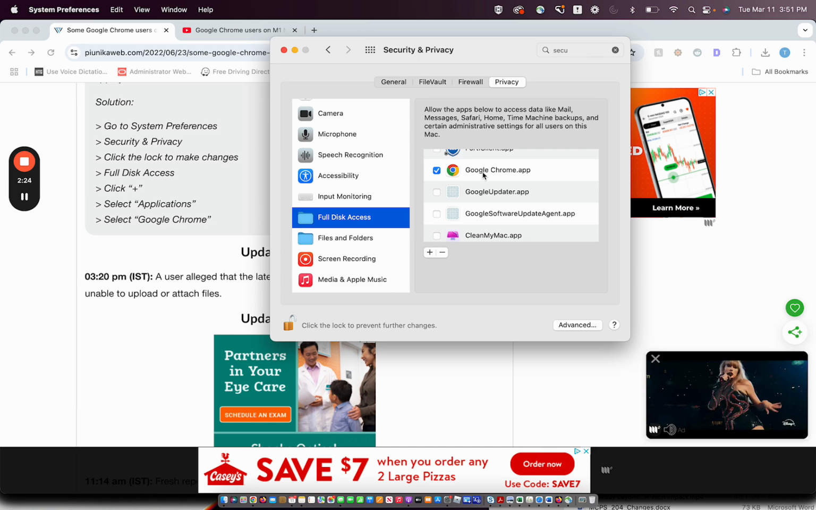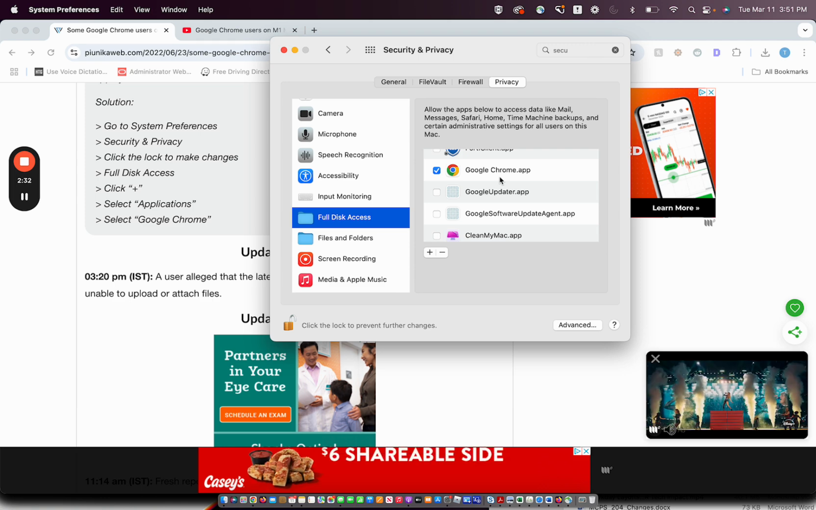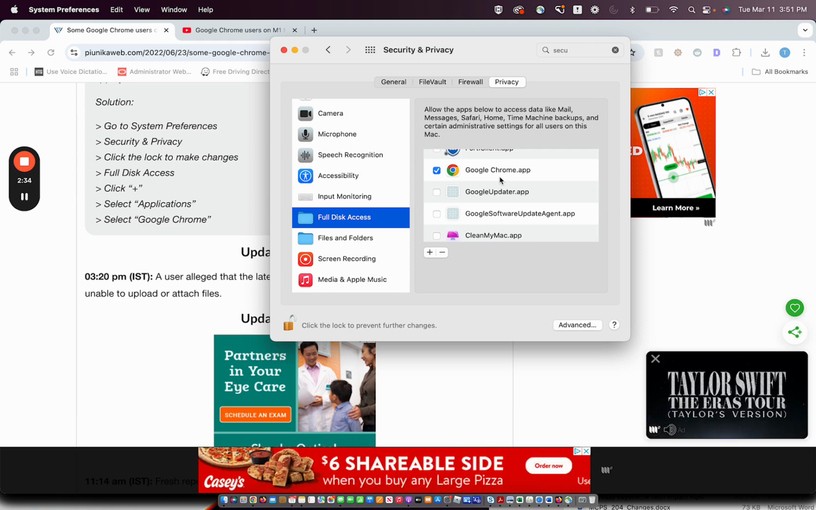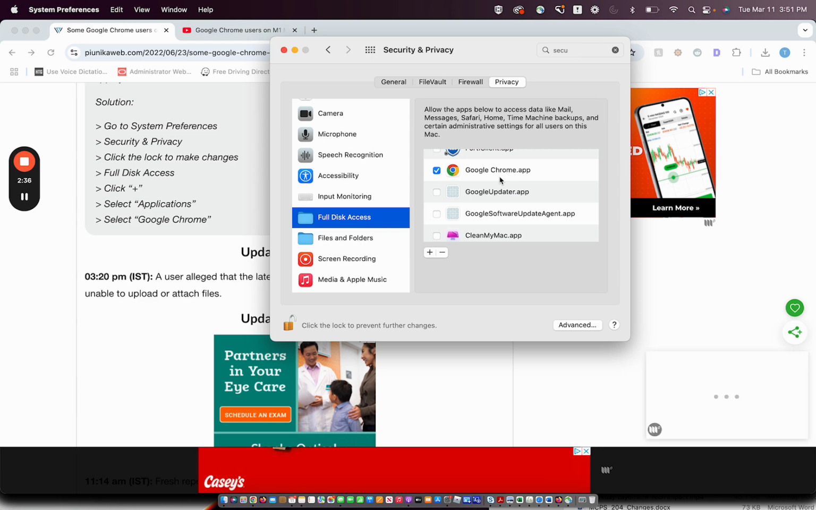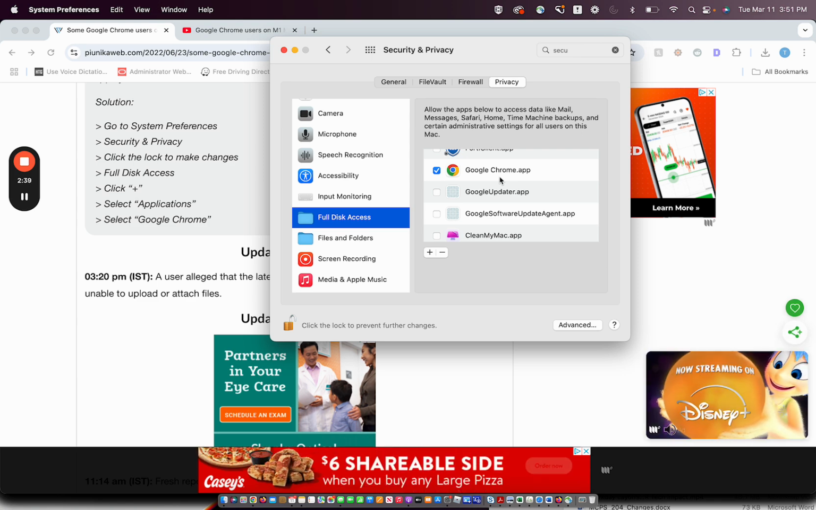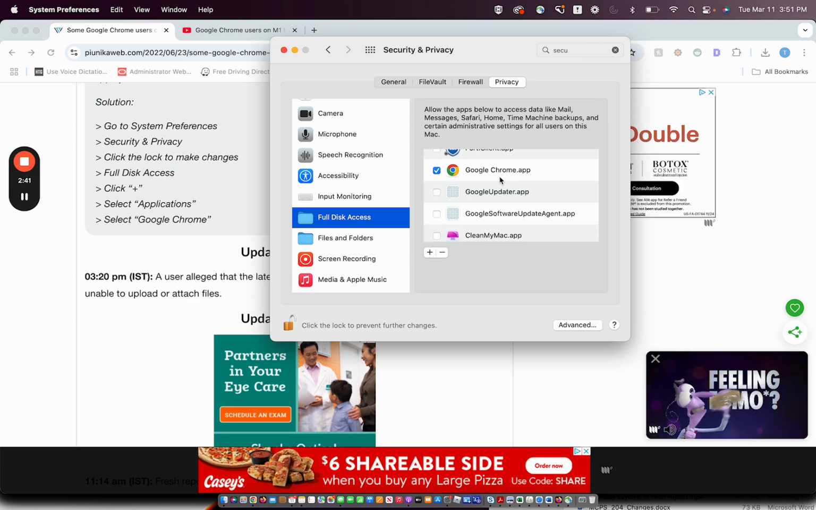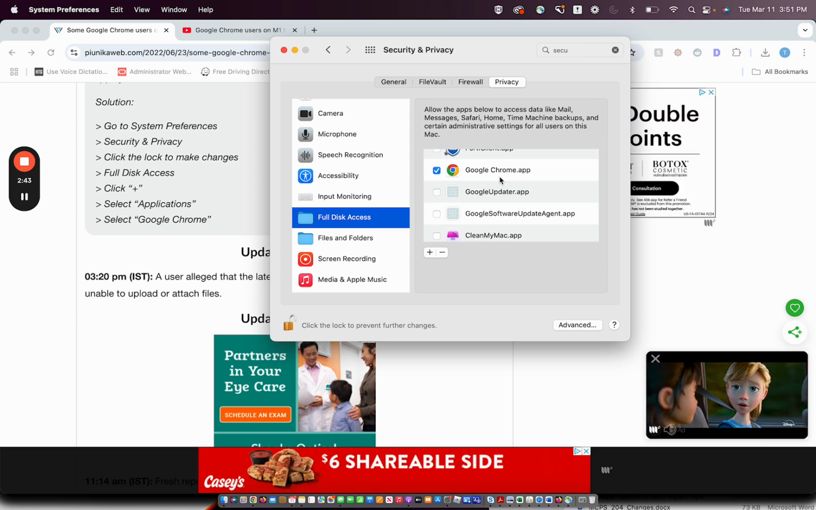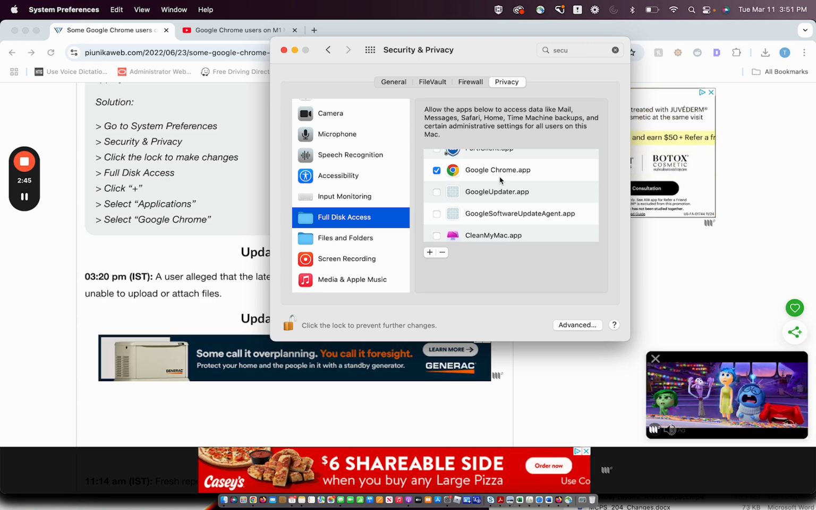So you can see that it's giving the Google Chrome app full access to the disk. As part of this, it did require me to close out of Chrome. I just rebooted. So at this point it did work. Not exactly sure if it worked because I rebooted or because of this trick that I did, but certainly I